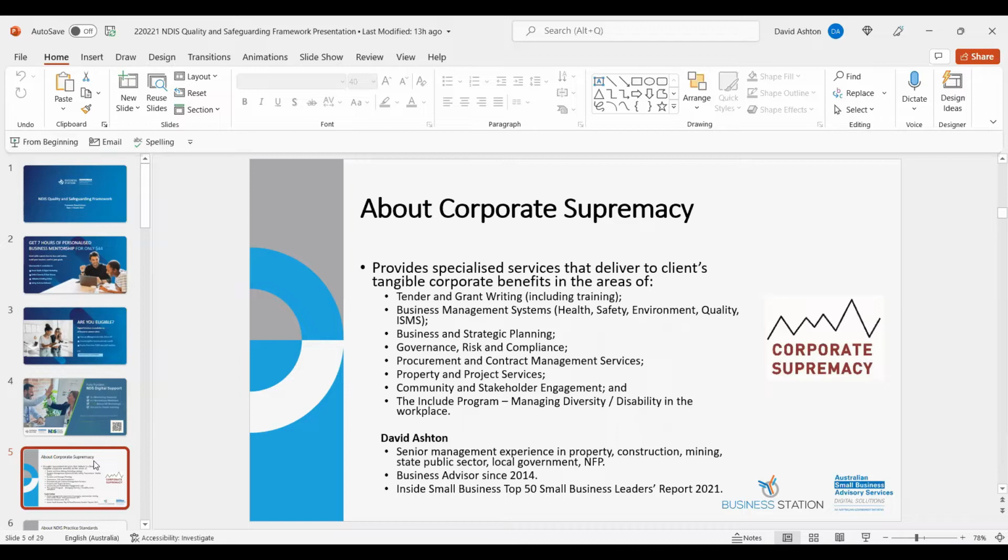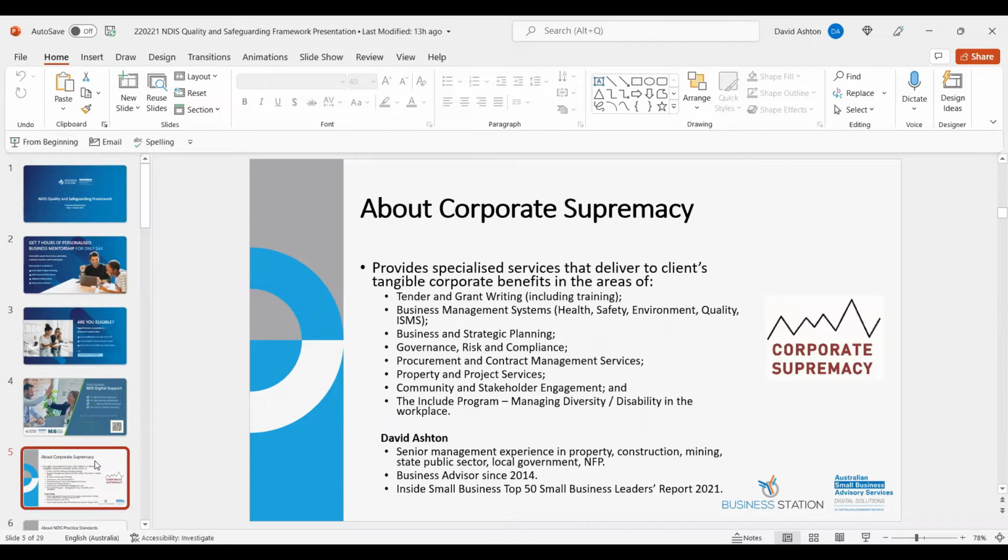I do work in the disability space. I'm not a practitioner in the sense that I'm an occupational therapist or a medical person. I'm a business manager, but I have worked with disability service providers to develop and assist them to implement their quality and safeguarding framework. I've also provided, in conjunction with a couple of other consultants that I engage, work with organisations on improving their HR policies and procedures to remove barriers to people with disability from applying for work and working with that organisation.